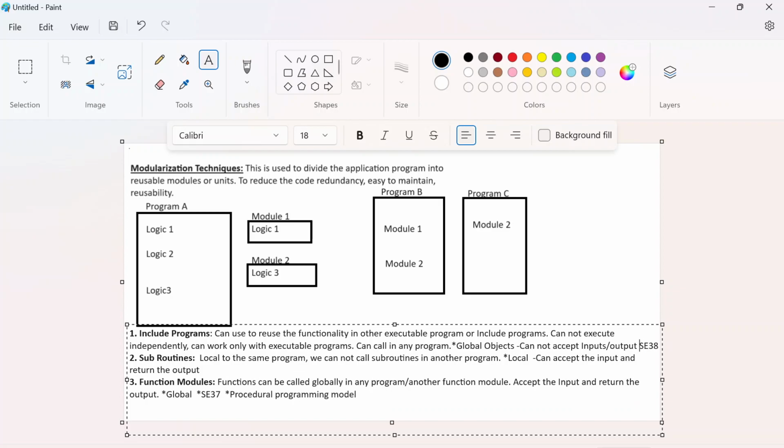So T code is SE38 to create the include program. So what is the transaction code? SE38. Okay. In subroutines, where can we create subroutines? Generally, you can create a subroutine in a specific program editor. Okay. So we can call subroutines in function modules also, right? So we can call the subroutines within one function module. We'll see how to define and call the subroutines in programs and function modules. Okay. Now the fourth one,